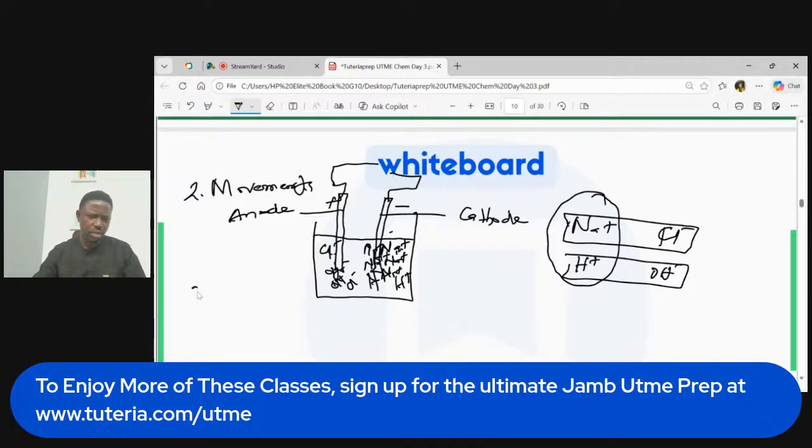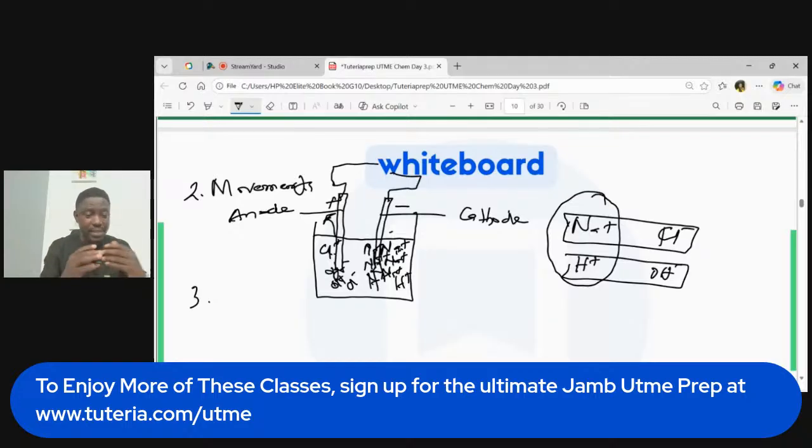Right. So the third one is now when these two are competing, which of them will be produced? That means which of them will be our product of this electrolysis, because the intention of electrolysis is to make sure that we produce something, and what we are producing will depend on the substance, that is the electrolyte, we've started with. So the first principle is the ionization of the electrolyte, which is like breaking down into